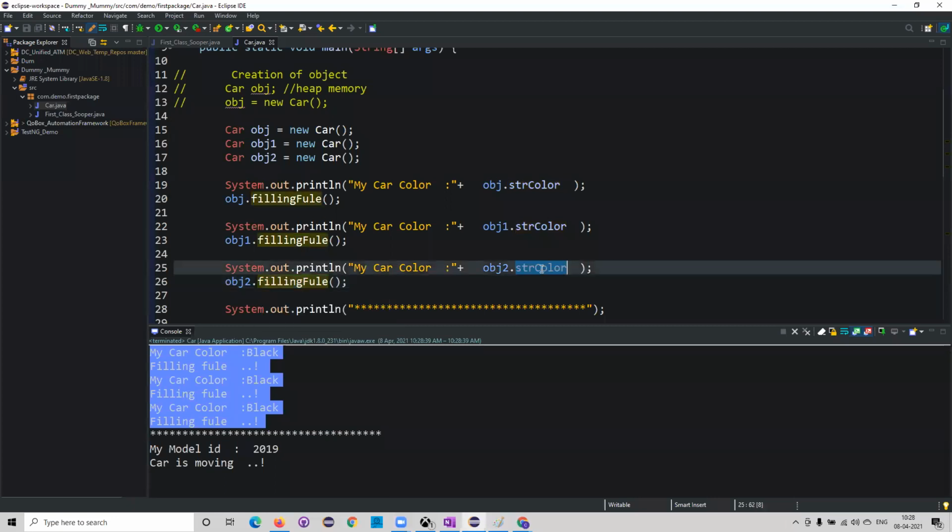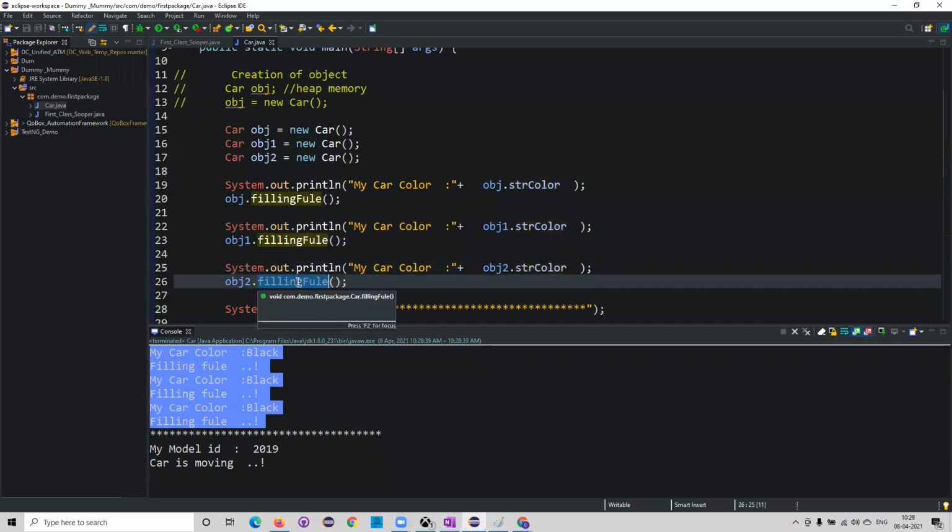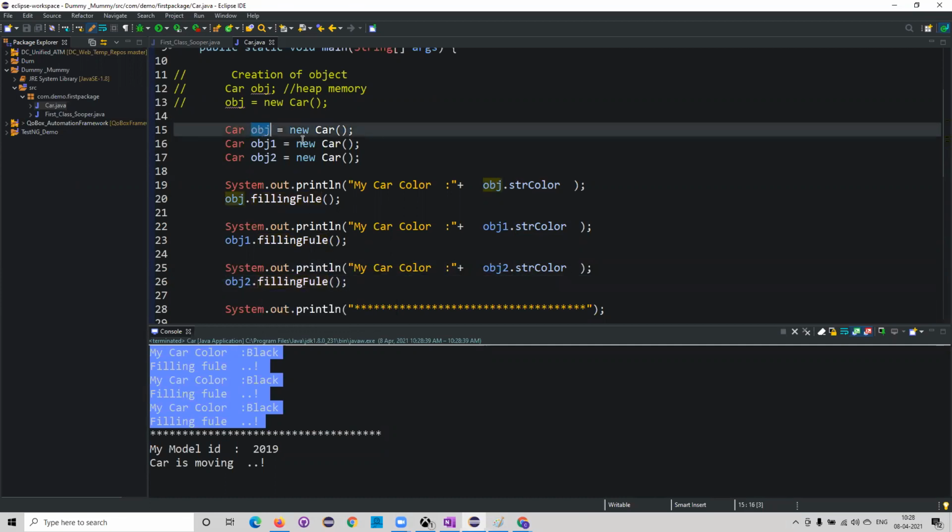Where will this instance variable and the instance method be created, in which memory? Heap memory. That's it, guys. See, now if I created an object in the heap memory, where will that instance variable be stored? You remember, we drew one particular diagram. Here in this diagram we created obj1, obj2, obj3, obj4. Now objects 1, 2, 3, 4.